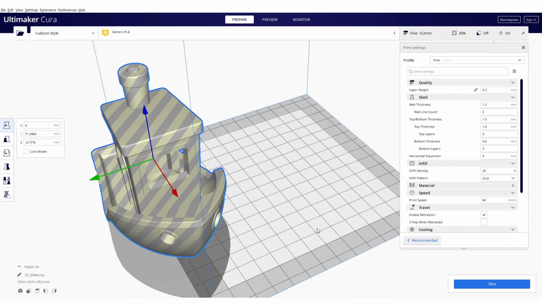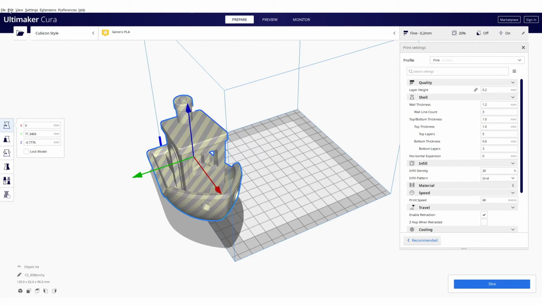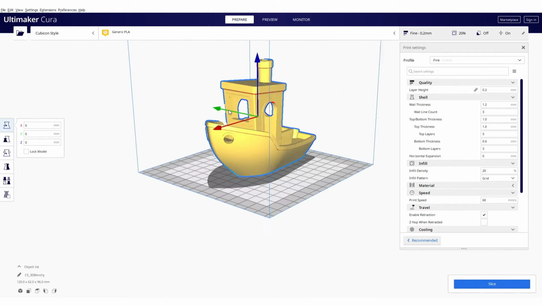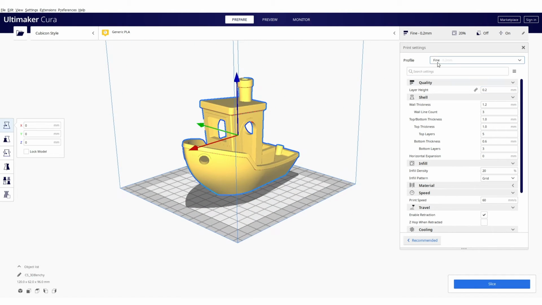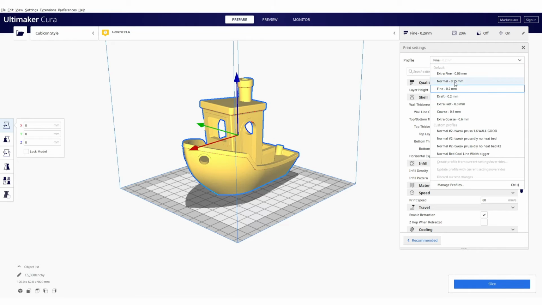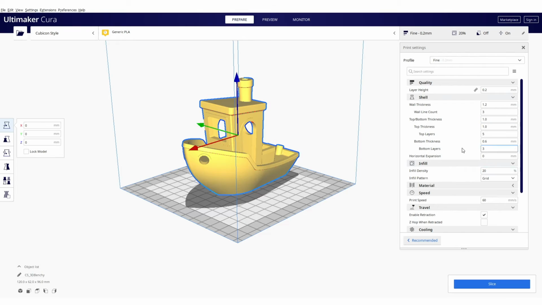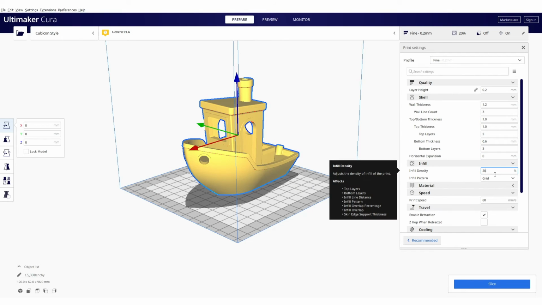We're now going to change the infill and the support. To change the infill, you want to click on the top left, where you see the words Fine 0.2 millimeters. Then click the infill box and then drag the dot to the percent infill